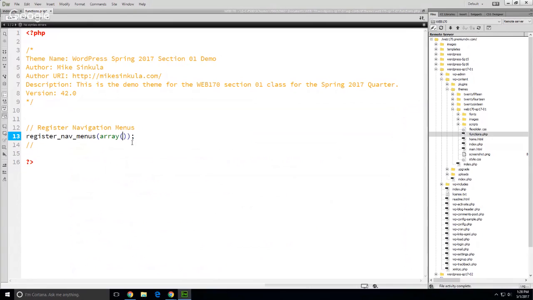Remember how we talked about slugs being the URL friendly version of the name of something? I am going to use the slug for main menu. When I do that, then its value that I am going to pass through